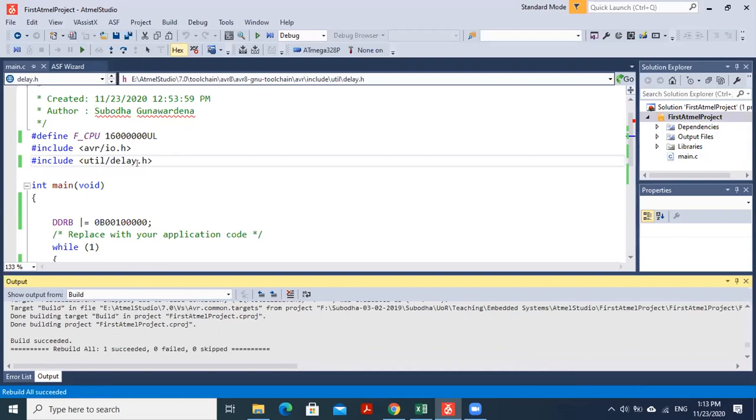Right. So how am I going to check this is working? One way is to use the Proteus simulator, or else the other way is to go to the debugger and see, right? I'll try to go to the Proteus simulator.